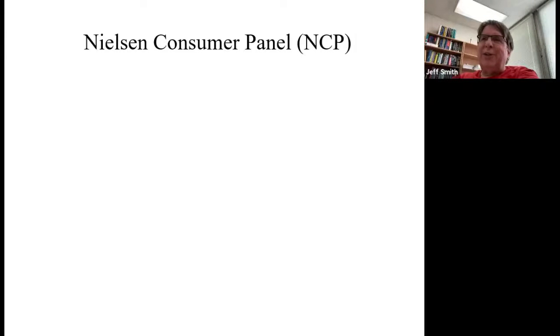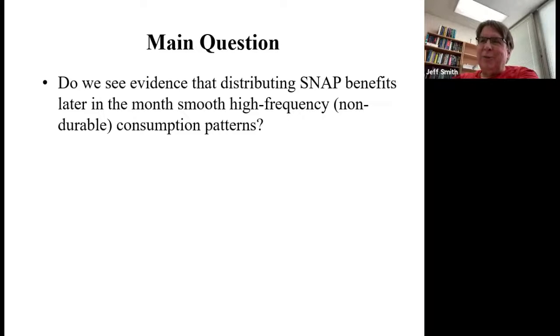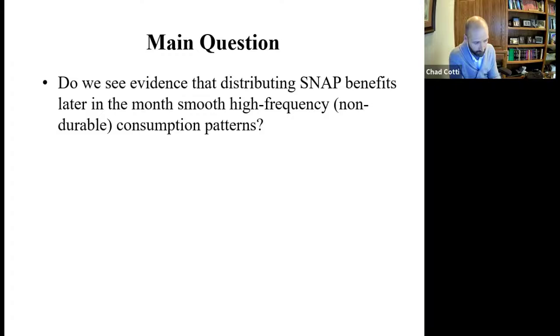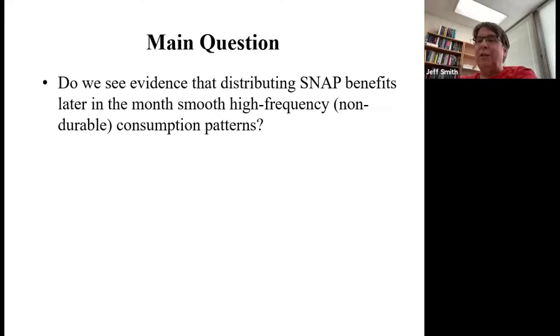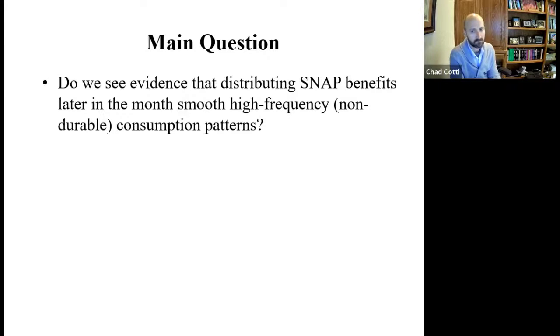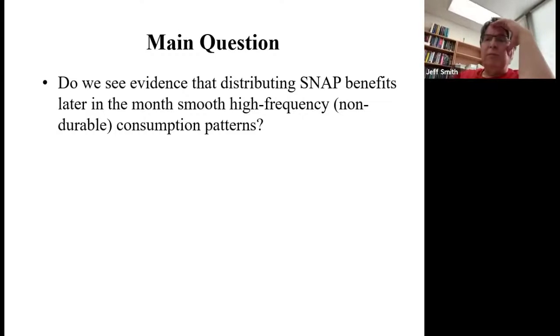It's Wisconsin, so I feel obliged to ask about the model that you have in mind. Is this a mental accounting idea, that if it's aligned with the calendar month, people know exactly when they're going to run out? Or is it other things, like suppose some of these folks are on TANF, and they're getting their TANF on the 1st and the food stamps on the 15th, maybe that helps them smooth relative to people who get both on the 1st. I kind of think it's the latter.